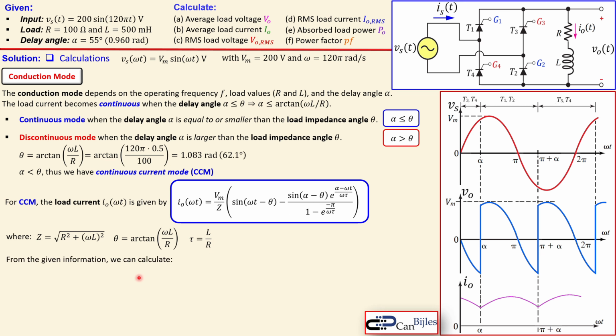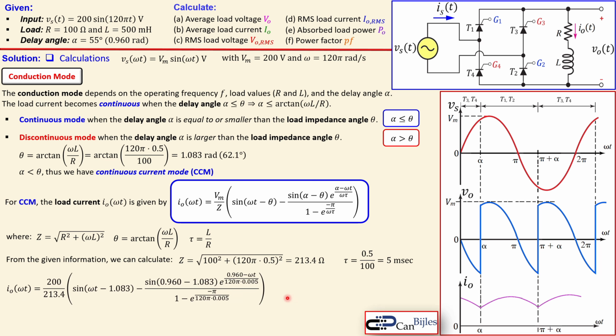Now from the given information, we can calculate this Z here, which is our impedance. Just substitute the values here and you get 213.4 ohms. Our time constant is 0.5 Henries divided by 100, which will be 5 milliseconds. Then you substitute everything from the given into this expression. Making this a little more readable, 200 over 213.4 is approximately 0.937,